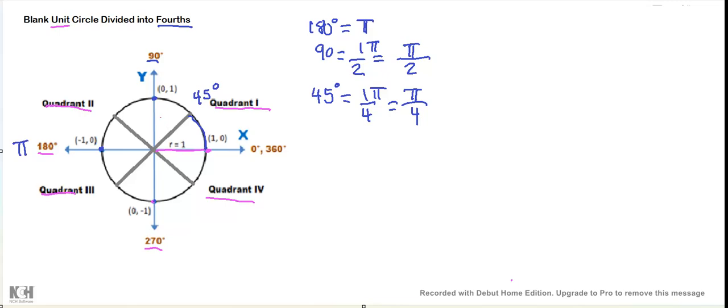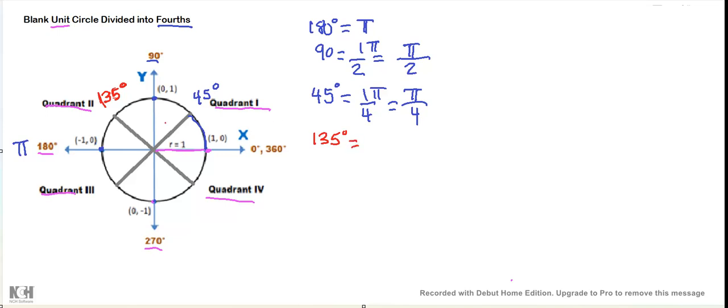So if we go past 90 degrees and we go over another fourth, that's going to be adding another 45 degrees to that 90 degrees, which is going to give us 135 degrees. Oops, 135 degrees. All right, so 135 degrees